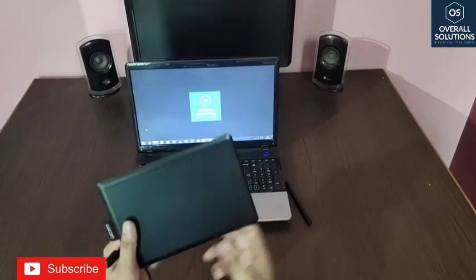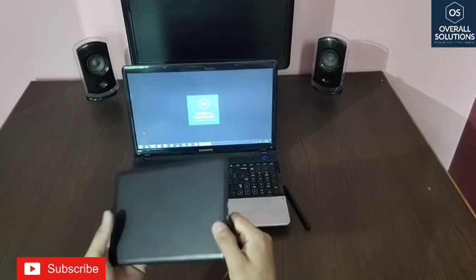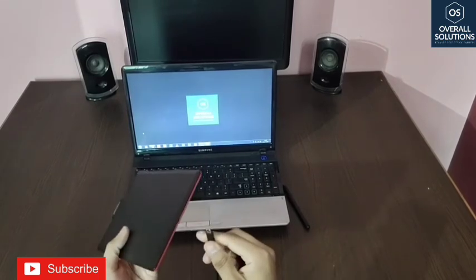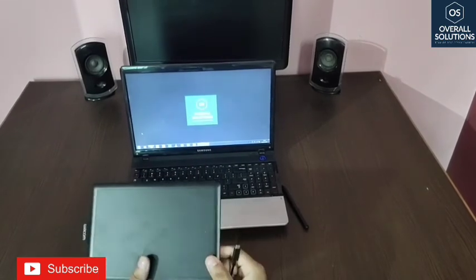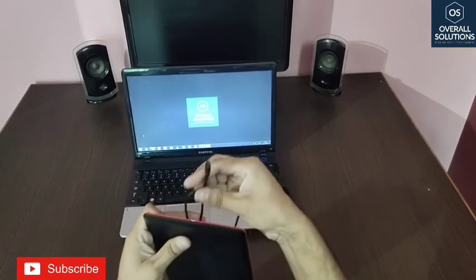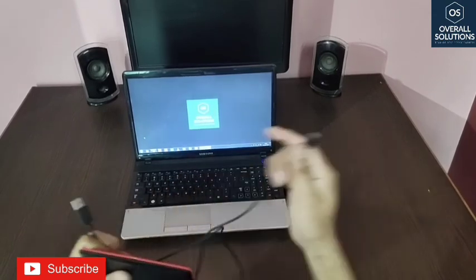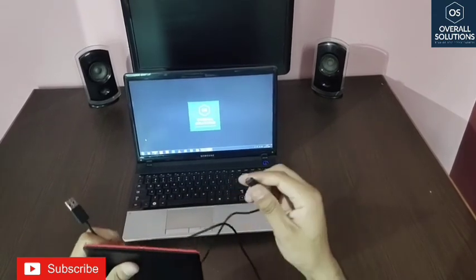So guys, you can see this is my Wacom tab here. How to attach it to your computer or laptop: you can see there is a port, that is a universal port, and this is a data cable. On both ends, one end is USB and the second end is the universal port.